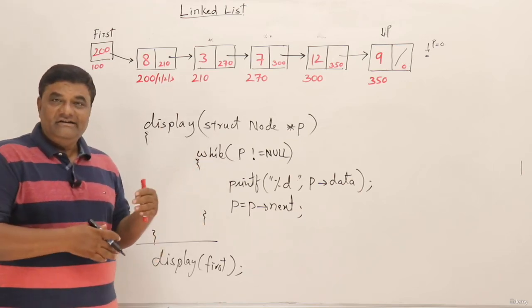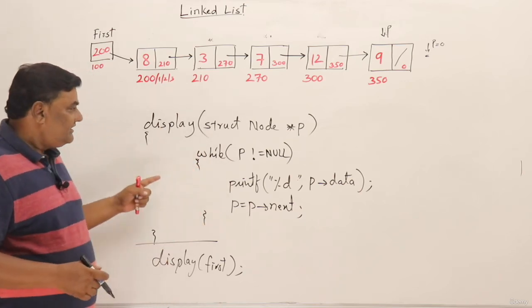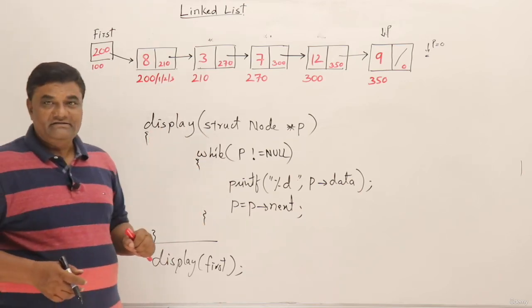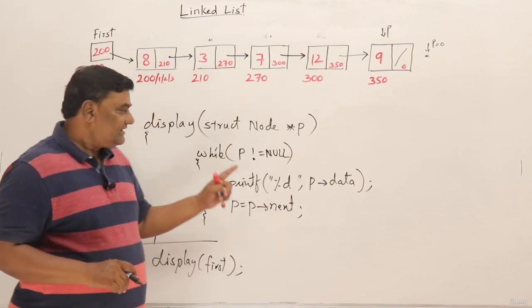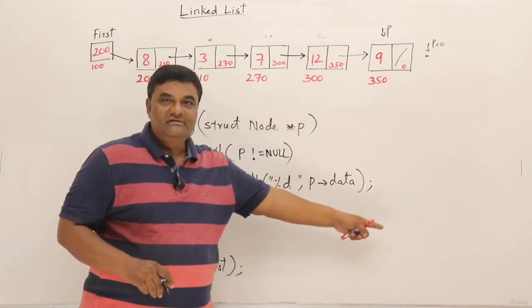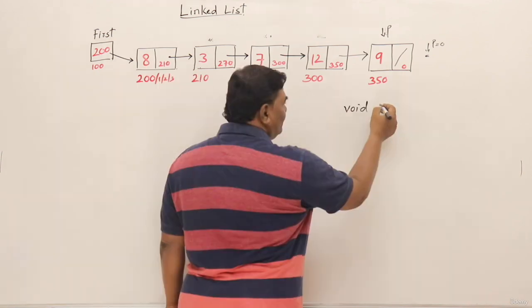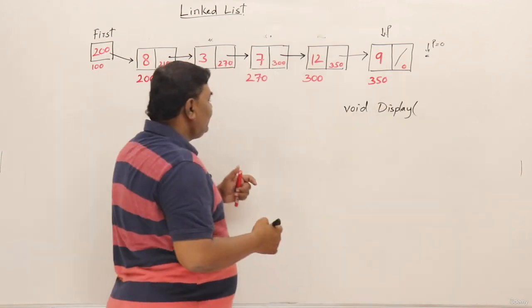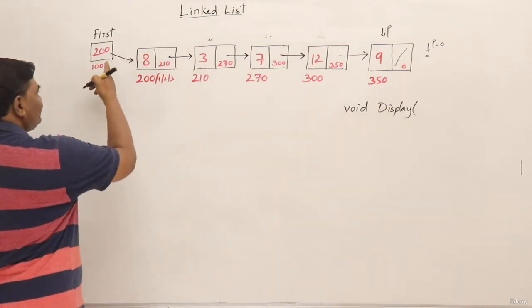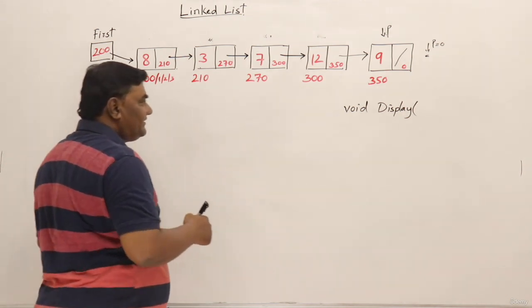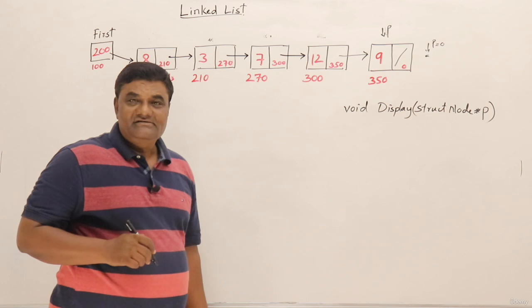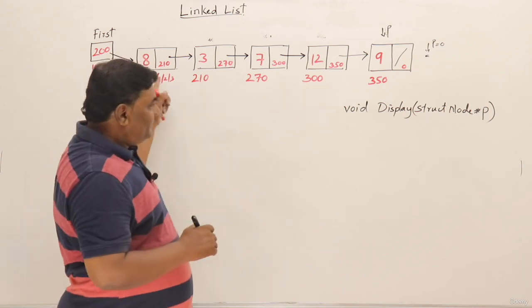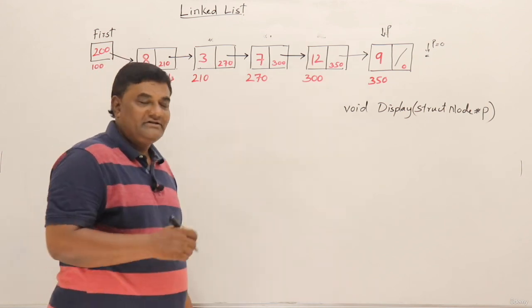Now I will write a recursive function for displaying a linked list, that is, traversing as well as displaying a linked list. So I'll remove this function and I'll write a recursive function here. Function name is display. It takes a parameter of type struct node pointer. Let us call the pointer name P. So we'll be passing first as a pointer to this one. Then,